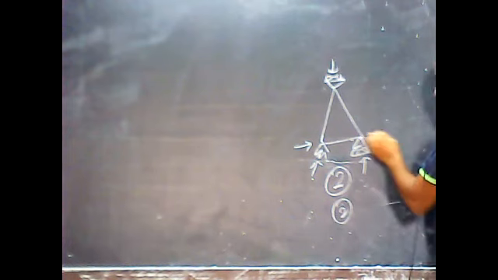Particularly, we are having one in this direction, other in this direction. So there are two degrees of freedom, 1 and 2. If they are changed into hinges, hinges mean I am stopping both these degrees of freedom. I am not allowing movement in x and y direction. 2 was there initially, and after changing the roller support to the hinge support, it comes to be 0. So the decrease in degree of freedom will be equal to 2.